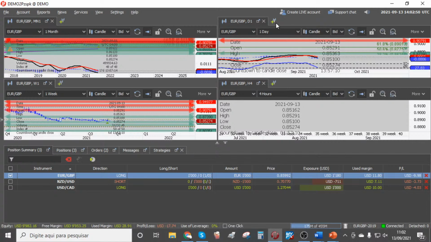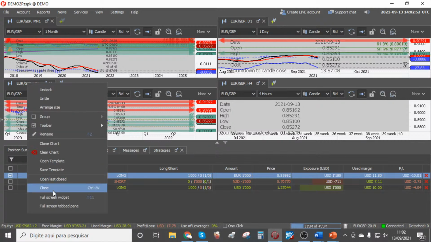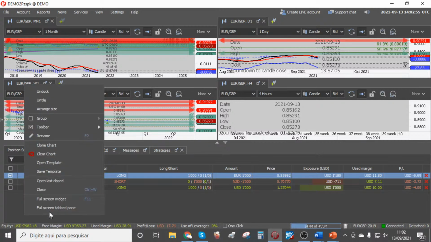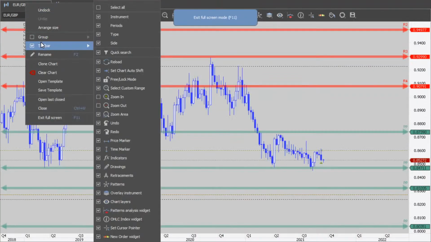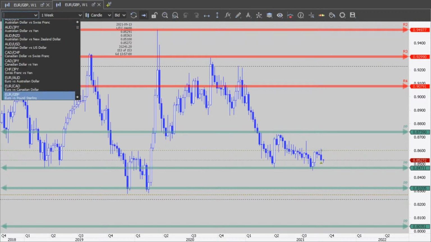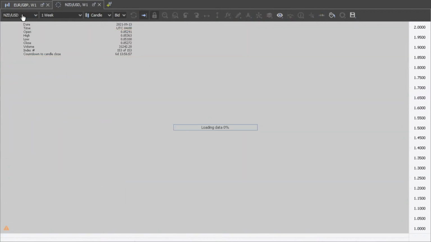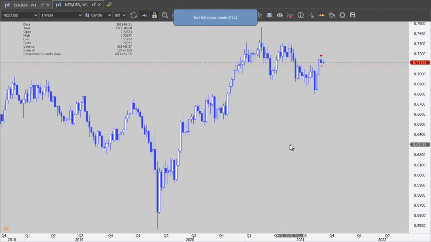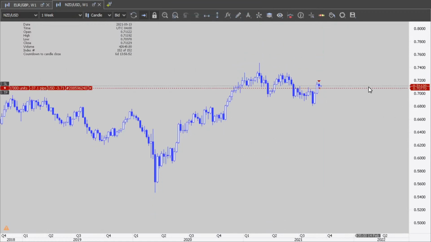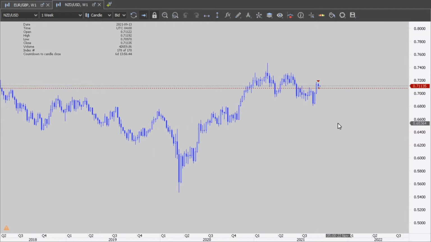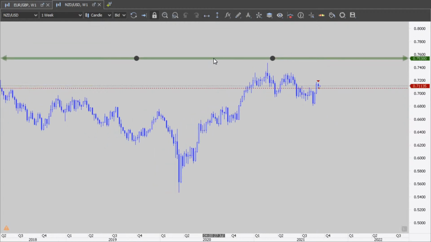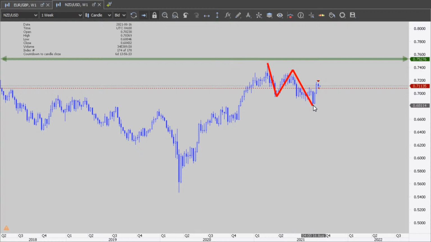Let's check NZD-USD. We're going to do this from this one. NZD-USD clone chart, shorting the market. We have no stop loss, right? Oh, I didn't put the stop loss, I'm sorry. Well, I believe the stop loss is, if I'm not mistaken, somewhere in here, right? So again, business as usual, high to low, low to high, high to low, market is retracing.